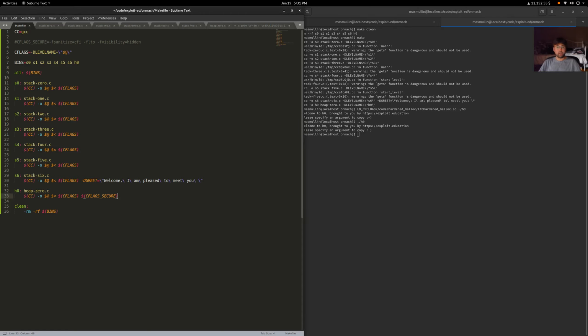All you need to do is, during the compilation of your binary, make sure that you have the directory to where libhardened malloc exists, and then during the compilation, also put hardened malloc as one of the required libraries that it needs in order to link with. So we're going to go ahead and